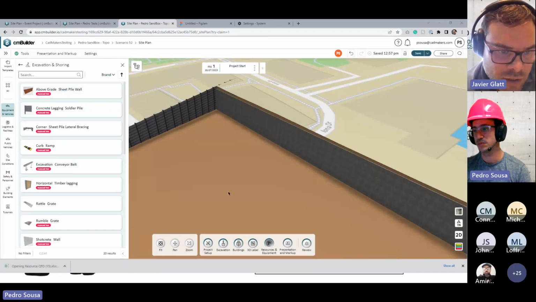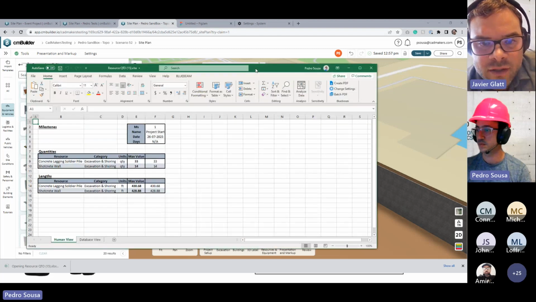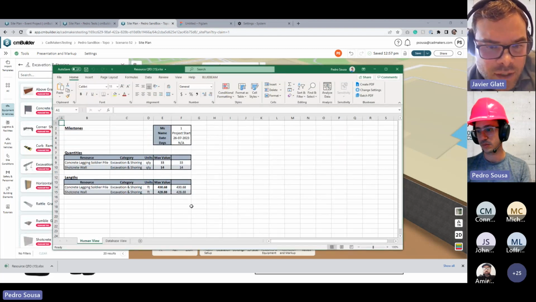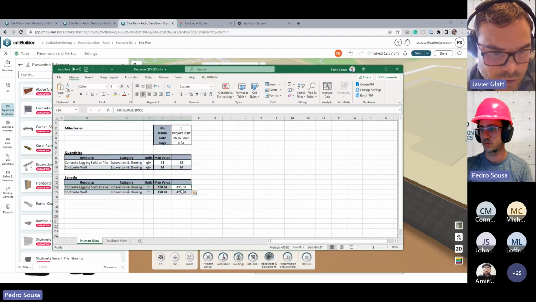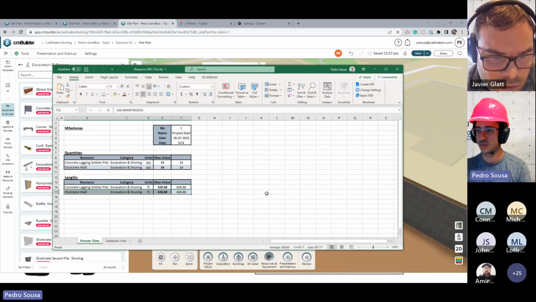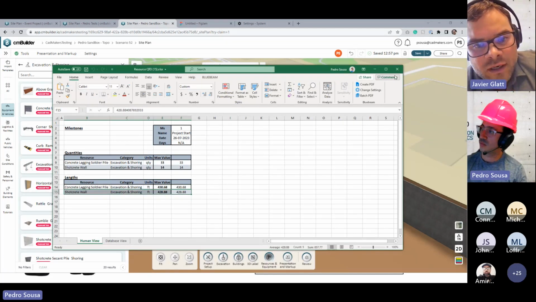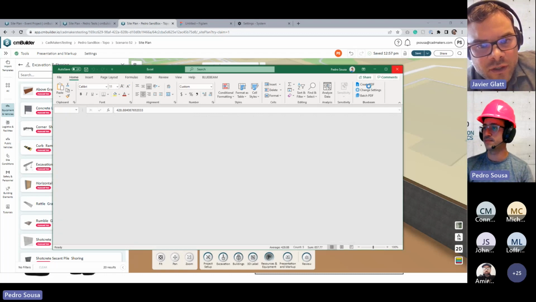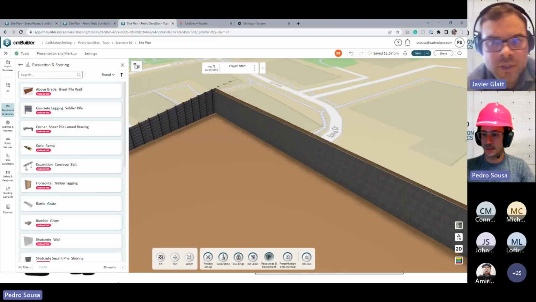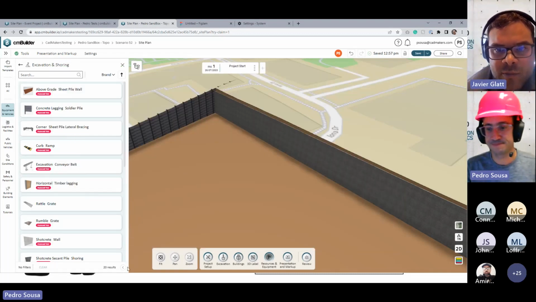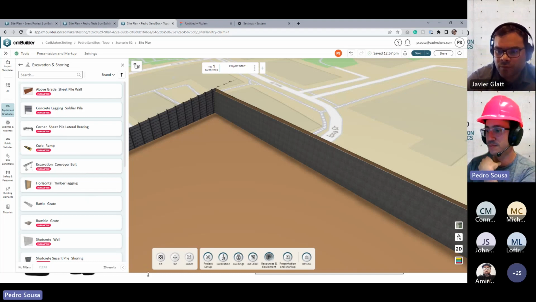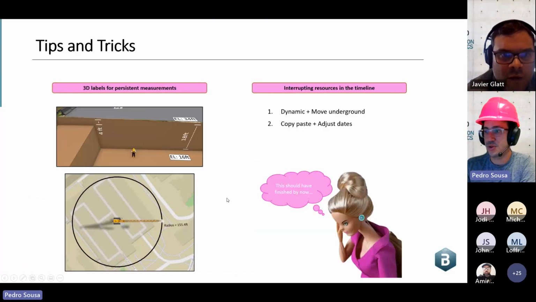Pedro, let's check it. Yep, so it'll give you some lengths. So if you want to get a good level of understanding, there you go. So you've got the total contact footage, it looks like, or length and depth of that resource. So it's another way to double check your estimate. Cool. Yeah, so going to the next one,